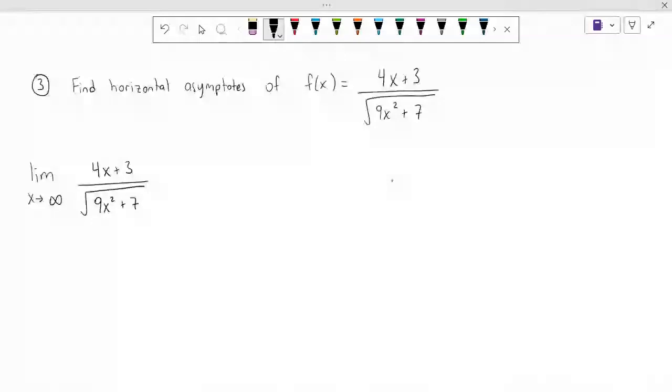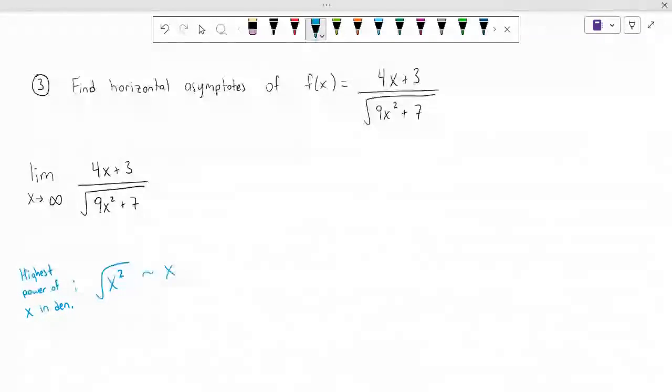Now here, because of the square root, we handle that a little bit differently. In the denominator, the highest power of x that we see is that x squared term. But because it's in a square root,